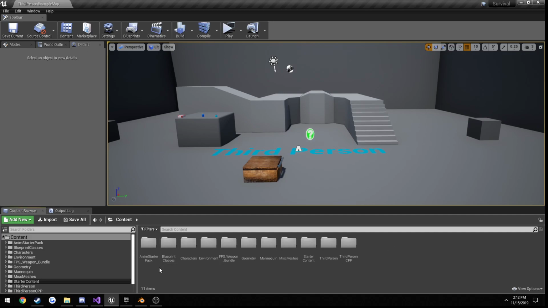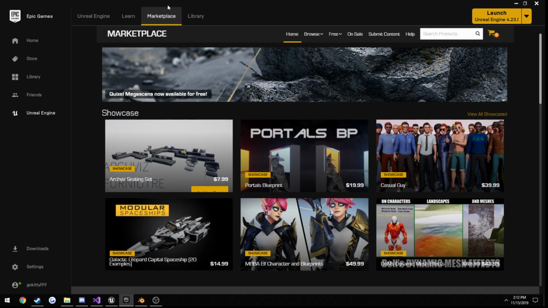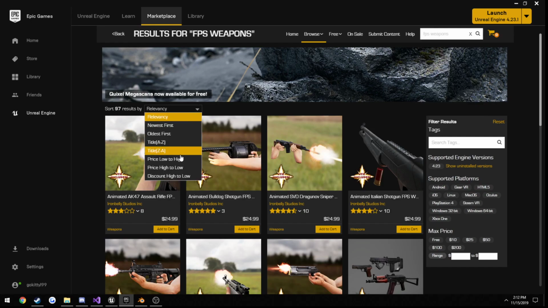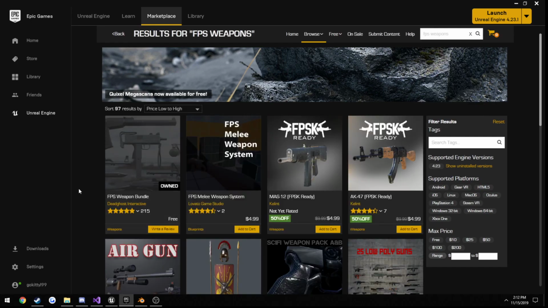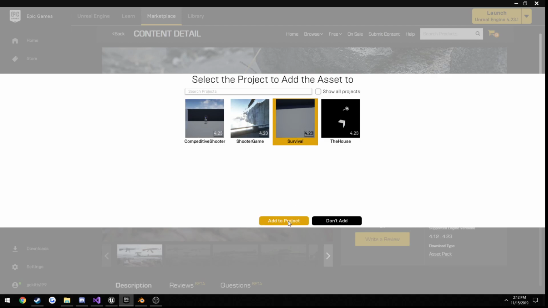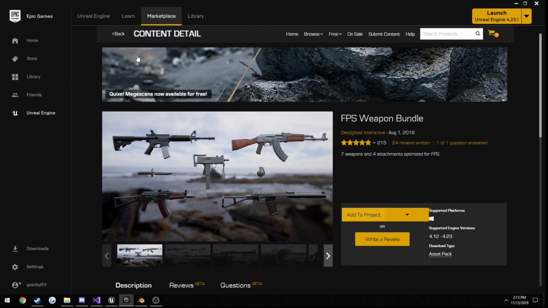So the first thing you need to do is get the actual weapons. Come over to the Epic Games store, go to Marketplace, and type in FPS weapons. Sort by price low to high, and you will see the FPS weapon bundle. Simply add that to your cart, or purchase it for free. Then click add to project, and select the project. If you are on a different version that this pack does not support, you can click show all projects and it'll show projects on different versions. So once that is done,